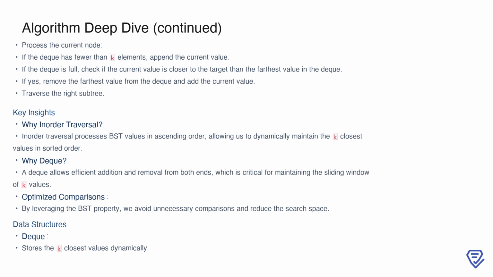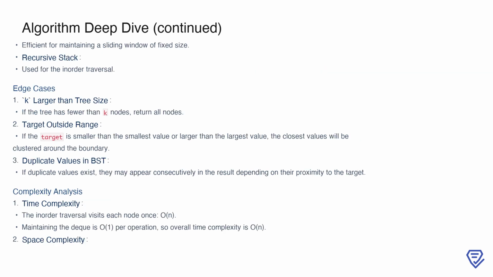Using a deque is particularly effective because it allows efficient addition and removal from both ends. This is critical for maintaining the sliding window of k closest values while traversing the BST. The algorithm also accounts for edge cases. If k is larger than the total number of nodes in the BST, we simply return all the nodes in